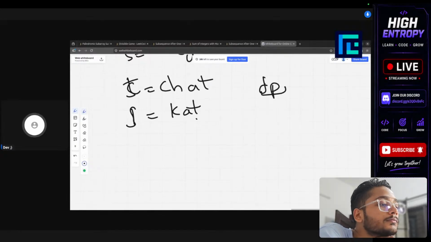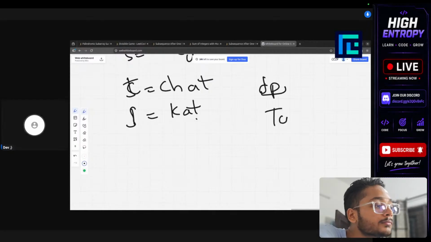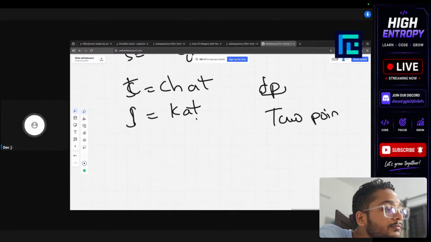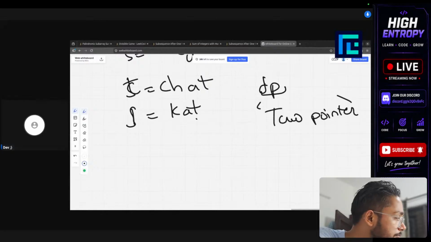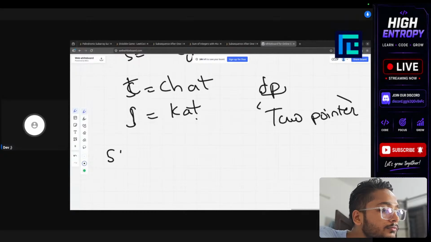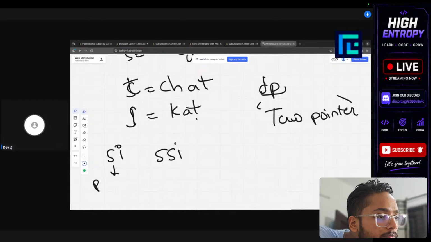There is one thing. Again, the two-pointer approach is very important, right? We are going to build on it. We know we have the two-pointer approach, so we can keep two variables. The first two pointers are actually for S. One is SI. One is, for example, let it be SSI. What does this tell us? This pointer tells us